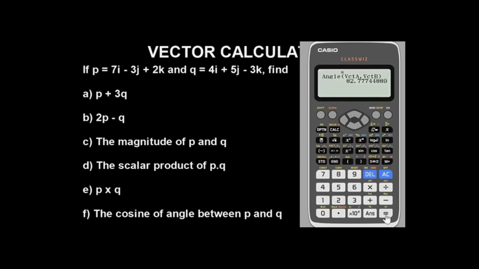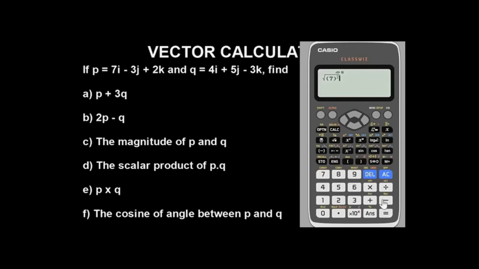So let me show you the second way you can solve the magnitude. You have to clear the calculator to remove it from vector mode, guys. To do the second way, to clear, simply press shift, button 9 for the instruction. Press equal to. Okay, it's clear, guys. So to find the magnitude of vector P, all you have to do is use this. So put this in brackets. We have 7